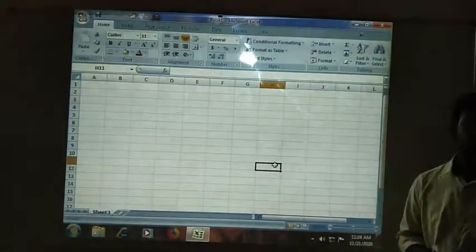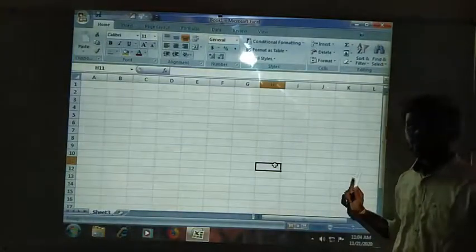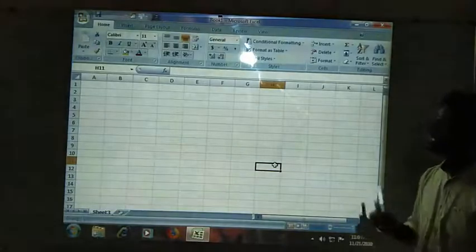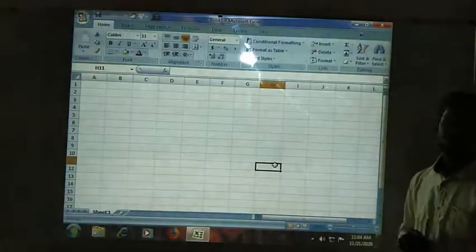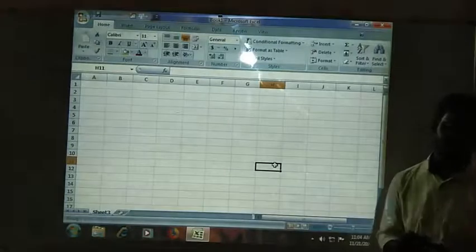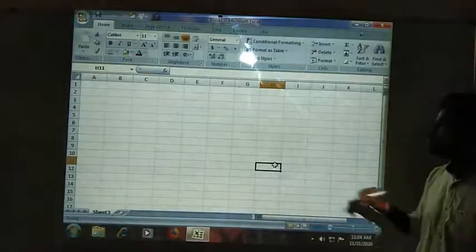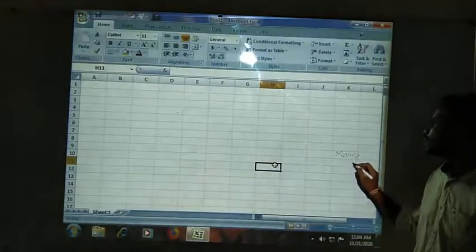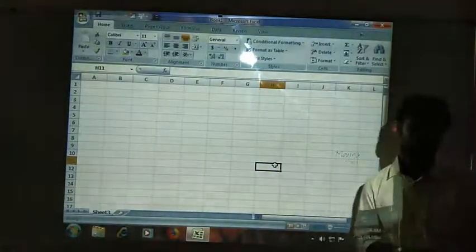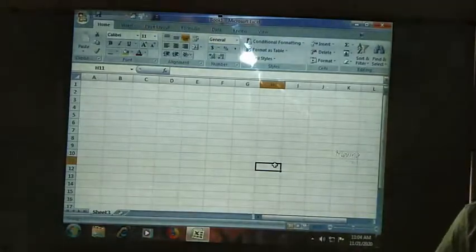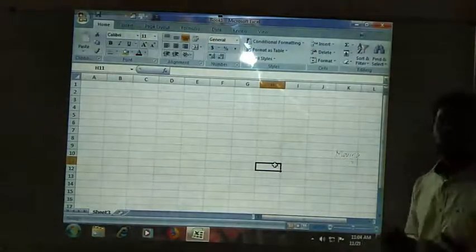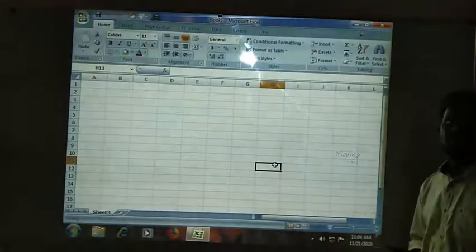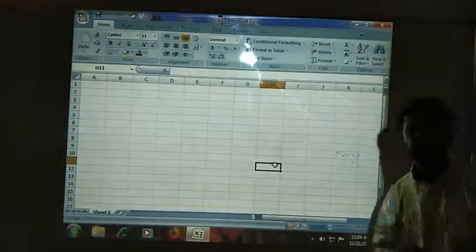Already I told you people how the table will be created, how the table styles will be applied, how the new table styles can be created, and in our last session we have seen how we will be giving the styles and how we will be applying it. In our today's session we will be moving the table. How we will move the table and how we will be placing the table, that we are going to see in our today's session. But before that I want to discuss one more time how we are going to create the table, and from the starting step onwards we will be discussing how we will move the table.